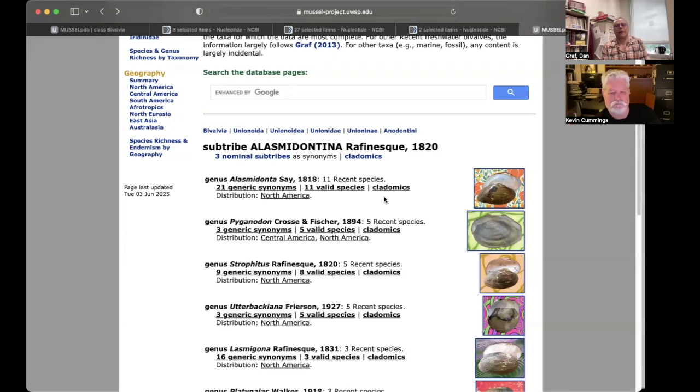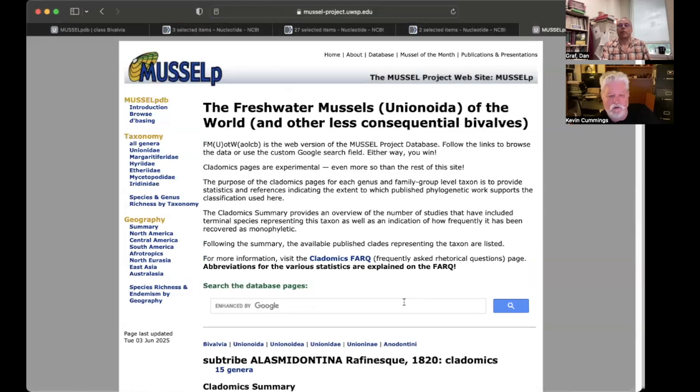So that's pretty cool. It's been an interesting tool to apply to look at the history of phylogenetic work on a taxon and see whether there are consistent patterns. So if you go back to the cladonomics page for Lasmigona,